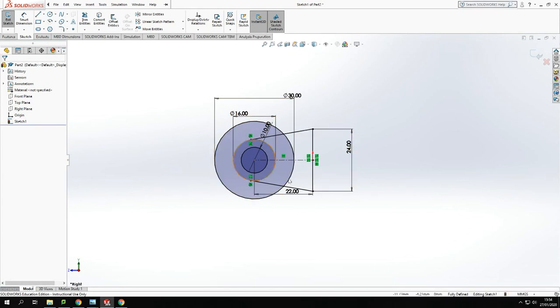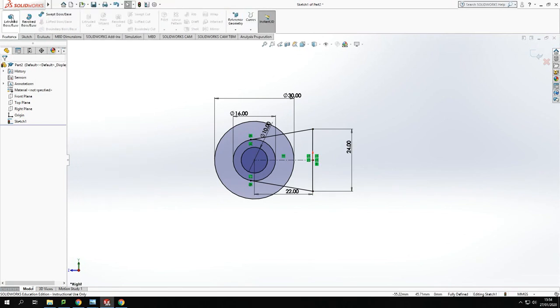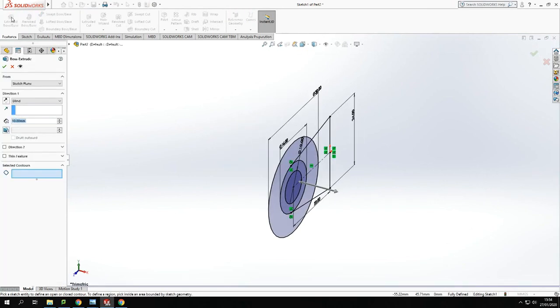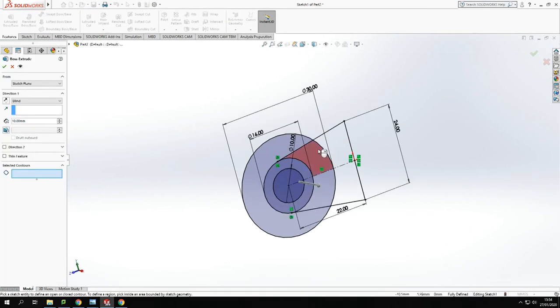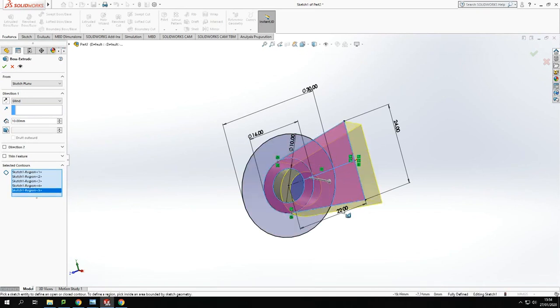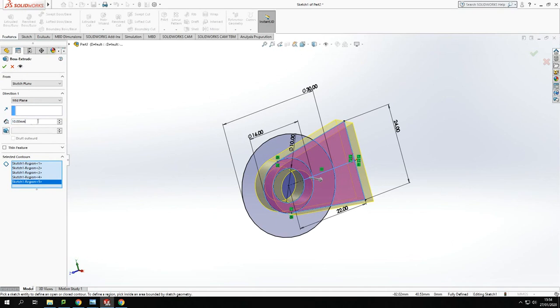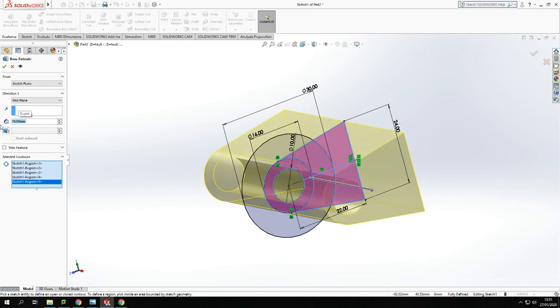Now this shape is what I want to extrude. So I'm going to go Features, Extrude, and I'm going to extrude that 70, but I'm going to extrude just these features. So I don't need to get rid of everything. I don't need to trim it all away. I can keep the whole drawing and just extrude the contours of that sketch that I've created. So what that means is I can keep the rest of the sketch, and I can use that again later. I'm going to extrude that about mid-plane, and I'm going to make that 70, like so,